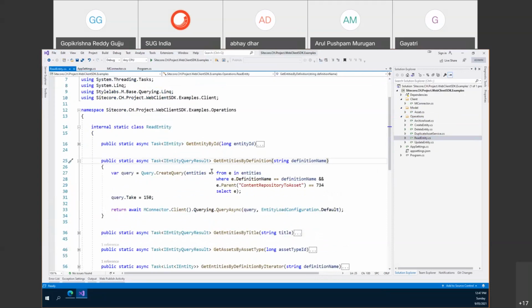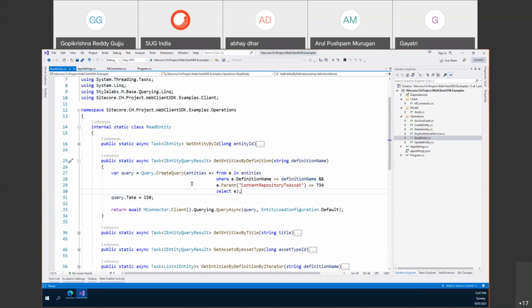You see here, pretty easy queries. You create a query using LINQ, which is querying on the entities. The definition name we are passing is m.asset. The content repository to asset is that I only want all the assets which are marked as standard, which is our DAM part of the system.